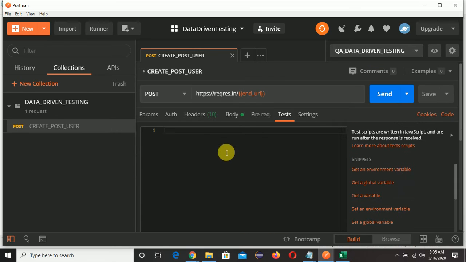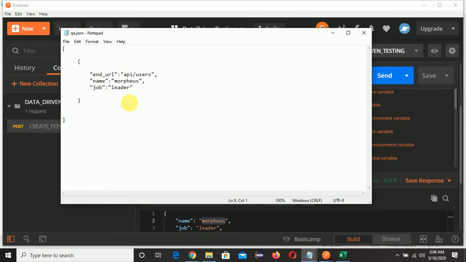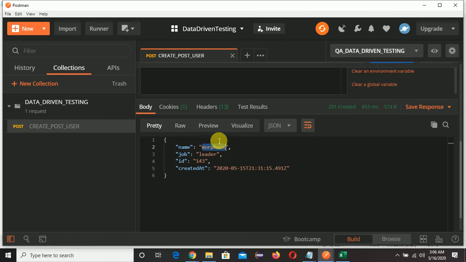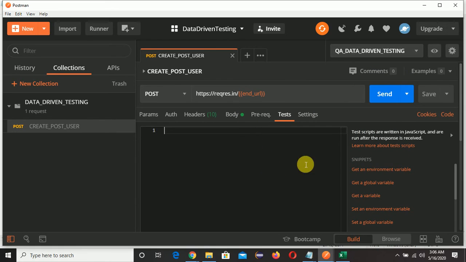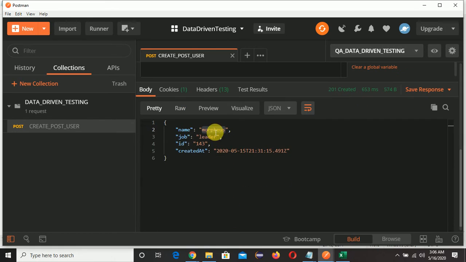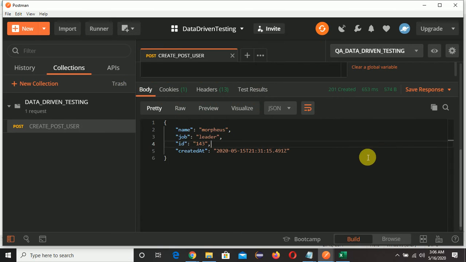We will compare whether this Morpheus is the same or not. So our name is Morpheus in the outside JSON file, and once we get this data in the request in the test tab, we will match whether this Morpheus is the same as the JSON file or not, right? So we'll write the code here.